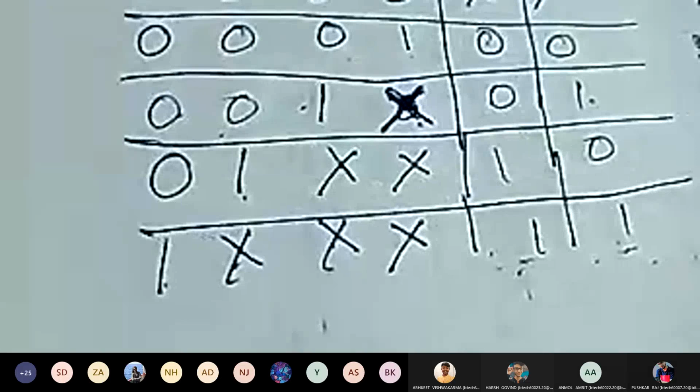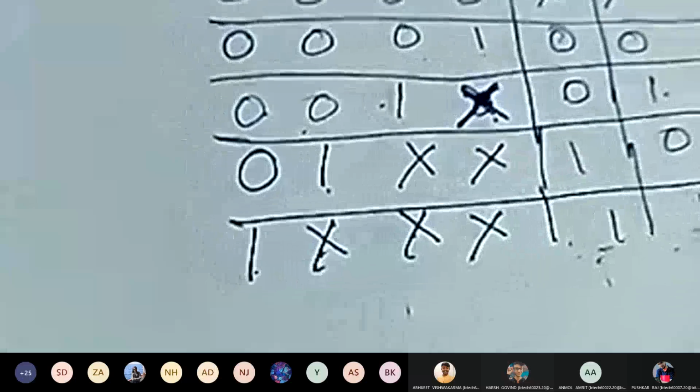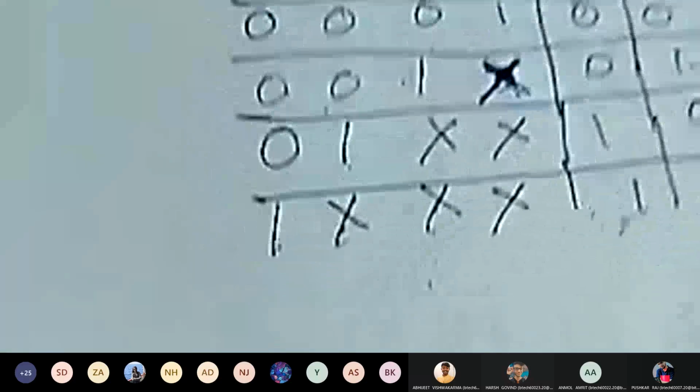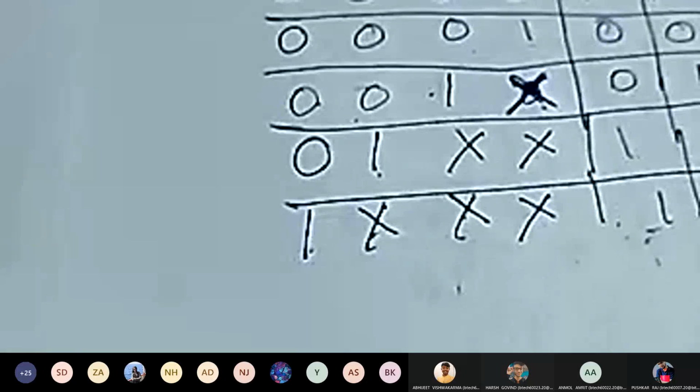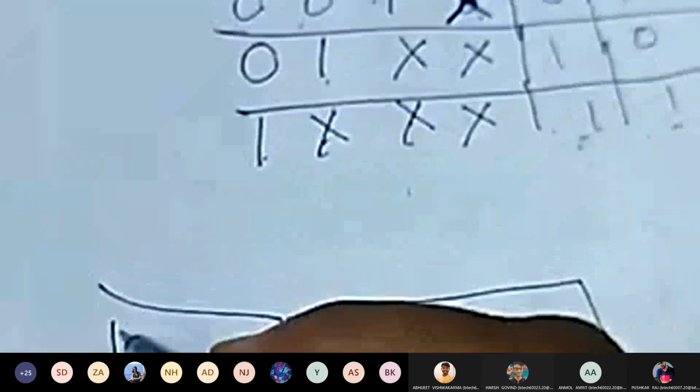So it is how to find out the expression. One basic thing to find out the expression is your K-map. Using the K-map, you can find out the expressions. Now we are going to find out the expressions for A and B. So what we are going to do, we will make the K-map for A and B. So suppose this is the K-map we are going to draw for A.